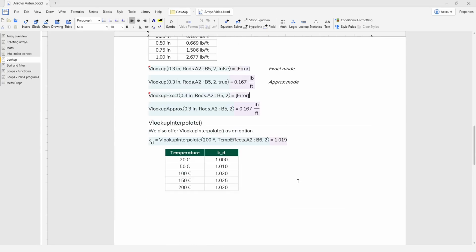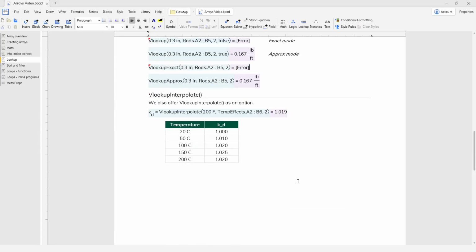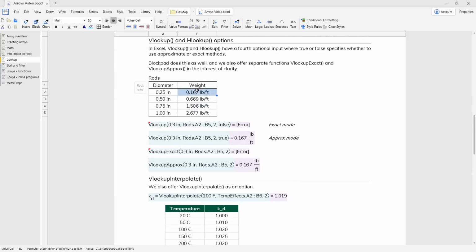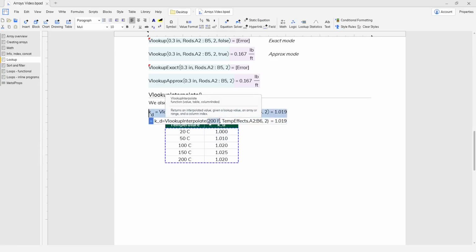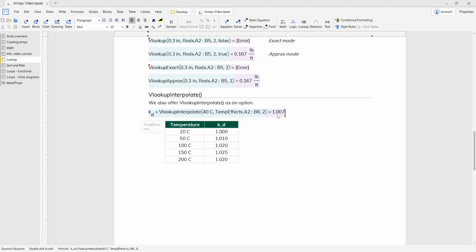And in addition to these two methods, we also have another function we call VlookupInterpolate. Instead of an approx mode, where it just returns the value from a nearby lookup value, VlookupInterpolate is going to use interpolation. It's going to look at the two lookup values on either side of your lookup value and the two result values and use interpolation with that, basically how you would naturally use interpolation when looking up a table. So for example, if I change this to 40C,